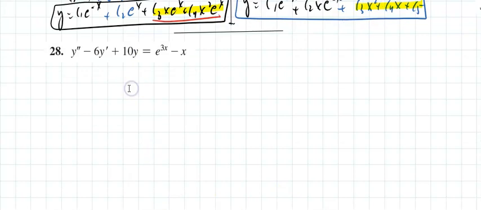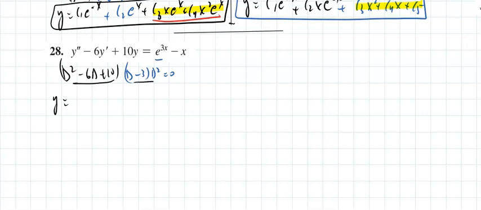And if I want to use annihilation on this, the d squared minus 6d plus 10 will eliminate the homogeneous part. And here we have d minus 3 and this will be d squared. That'll annihilate the right side. And that's pretty much going to equal 0. So the solution is that y equal, and I know that there's no way this is going to be part of that. So they're negative p. So that's going to be